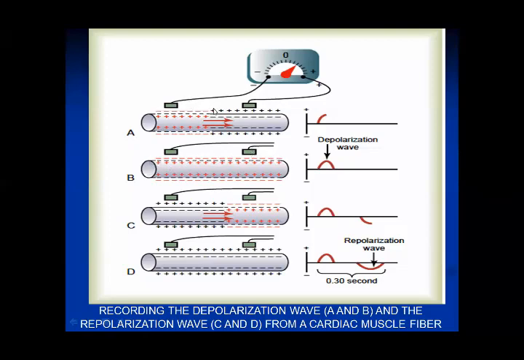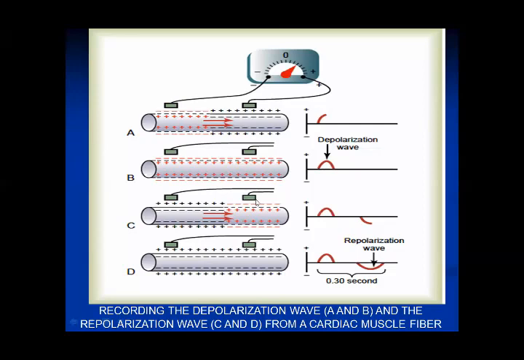Over here, there was a difference in polarity in the A diagram. In the B diagram, there is no difference in polarity. So when there is no difference in polarity, the wave would be going back to the isoelectric line, right? That is the isoelectric line. So there is no deflection. The wave has gone back to its isoelectric line because there is no flow of current. There is no difference in polarity and there is no flow of current, so there would be no wave formation. And on the voltmeter, if we consider it attached to this B diagram, it would be on zero. There would be no deflection either on the positive side or on the negative side, right?